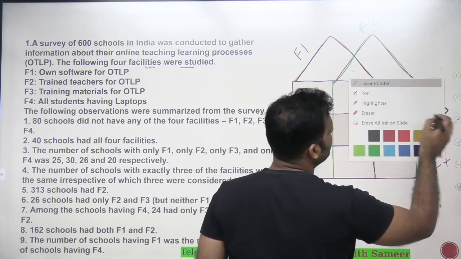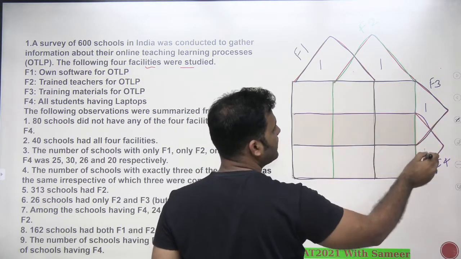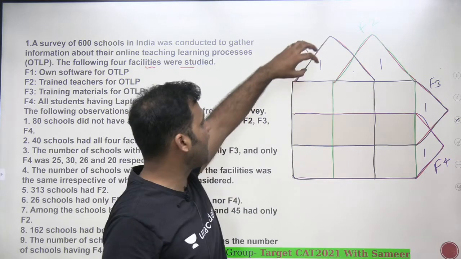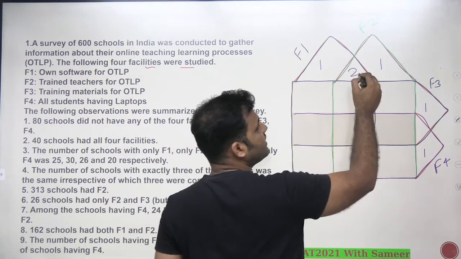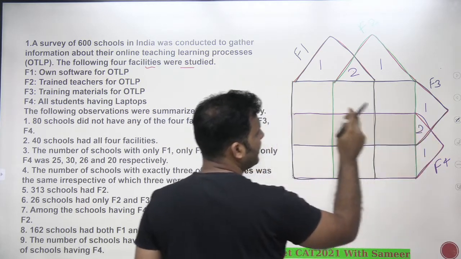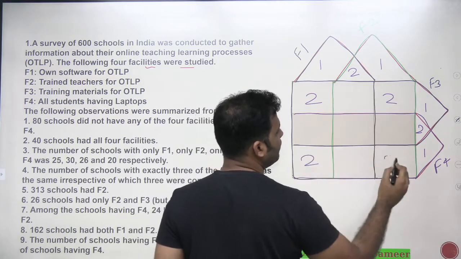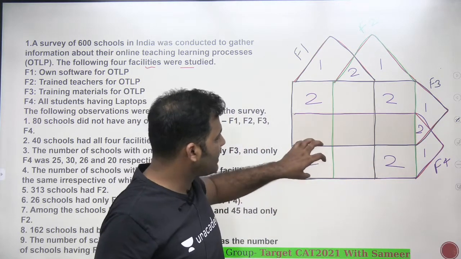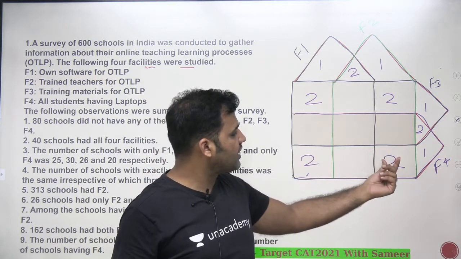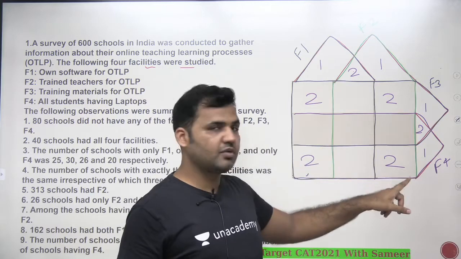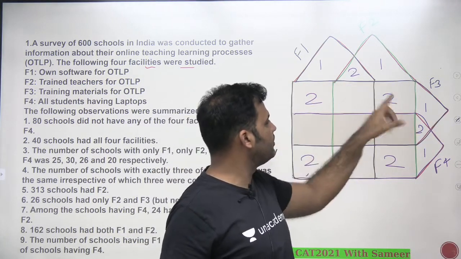So the basics that you're supposed to know is that these 4 values are only sets, right? So F1 only, F2 only, F3 only, F4 only. This is the intersection of 2 sets. This is also an intersection of 2 sets. All the 4 corners of a 3 into 3 matrix are also the intersection of 2 sets. And you should know what these 2 intersections are. This is representing F4 and F1. This is representing F4 and F2, right? So you just have to see this is the intersection of F3 and F2, and so on.